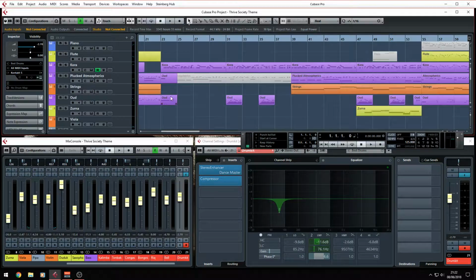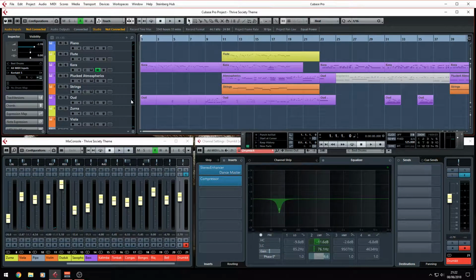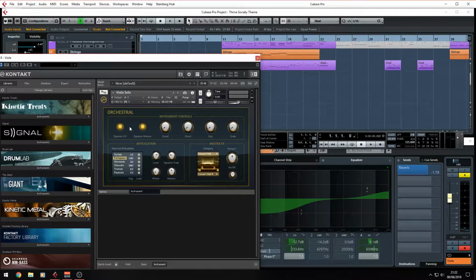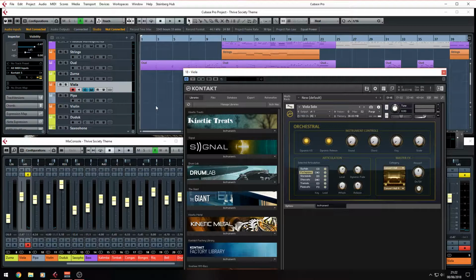Or you could have things that are just individual instruments, such as a viola. That's just one sound. Oh, and also I've got a keyboard connected so I can actually play stuff in, such as